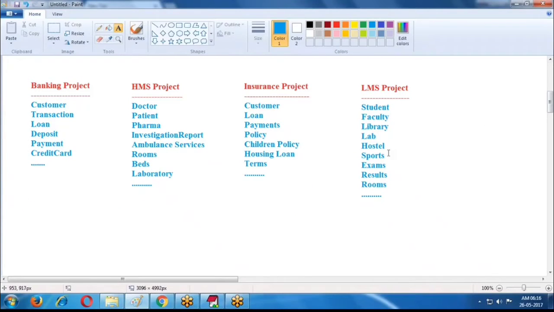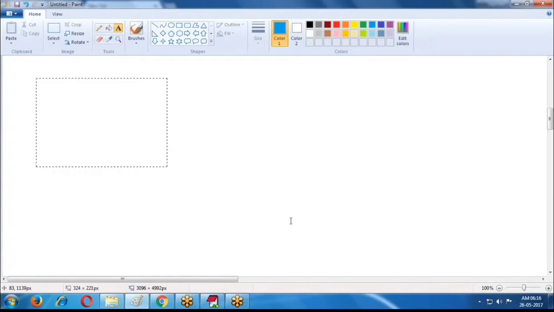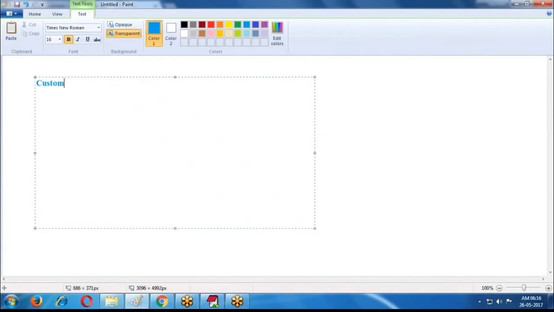Now whenever we create one custom object, then in the database a table is created. In the table, four standard fields are created. Whenever you create one table, four standard columns, standard fields, are created.